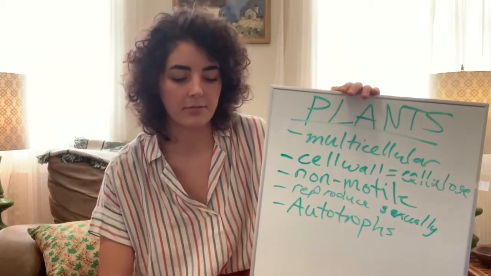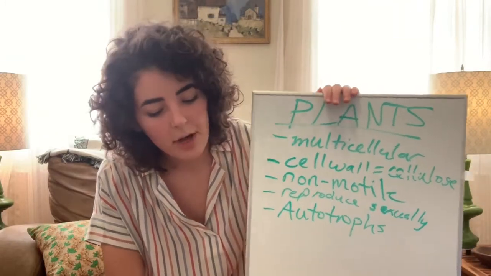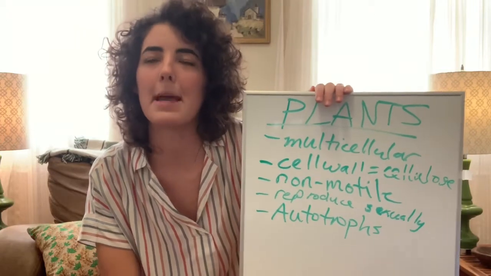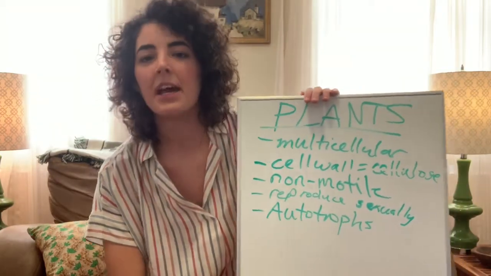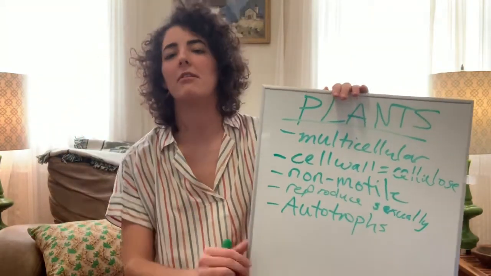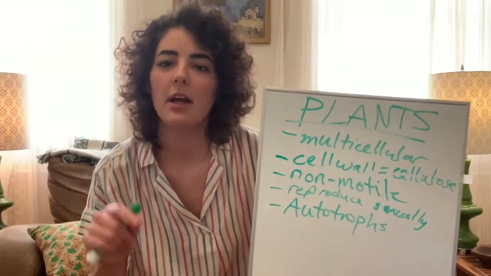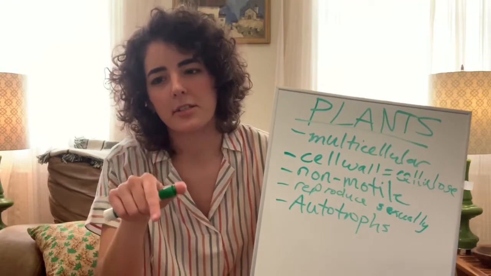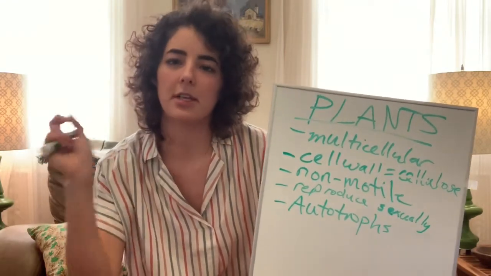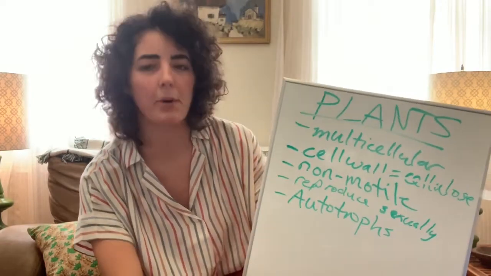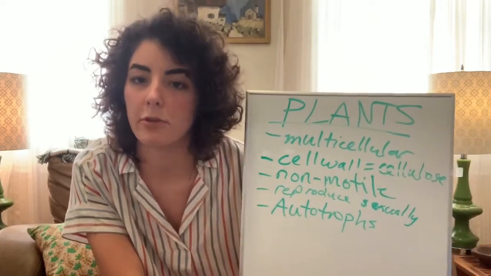So, thank goodness. We've got over 500,000 characterized species of plants. This is a massive kingdom. And then there are probably tons that we have not yet classified, which means that we haven't had the chance to get out there and look at every single one and be like, oh, this is definitely this, and this is why, here's a name for it, blah, blah, blah. I'm a scientist.